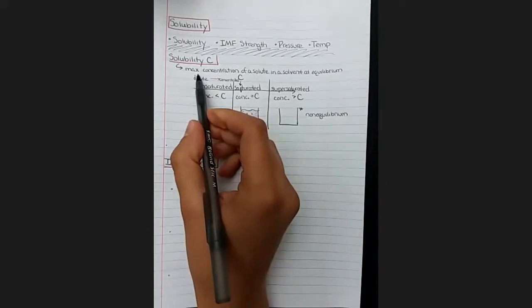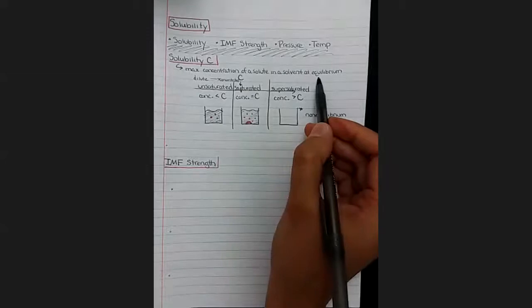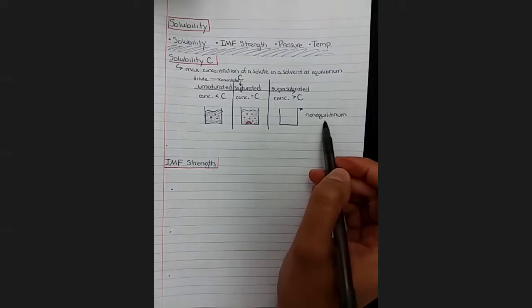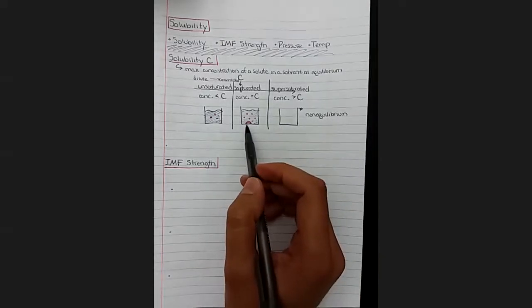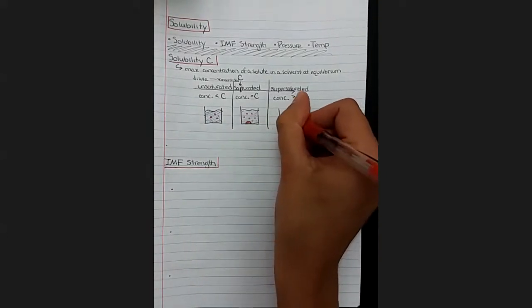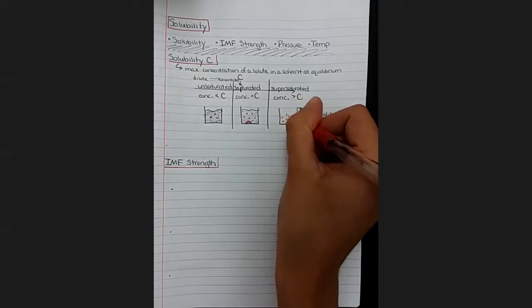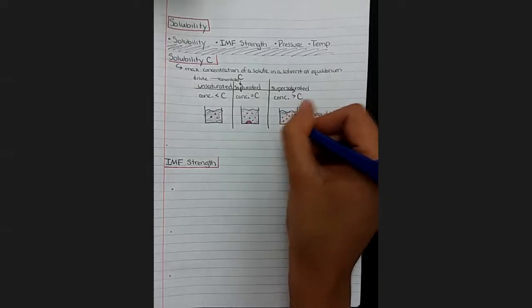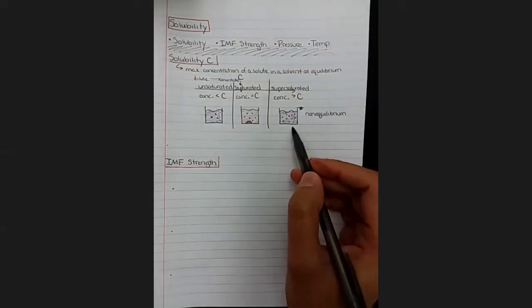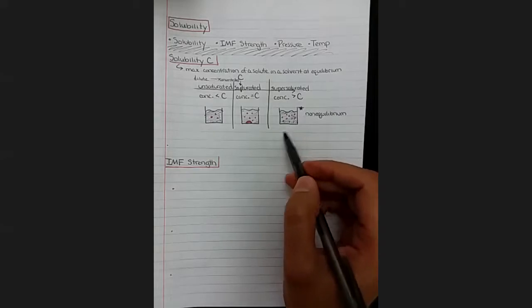So we defined solubility and said this is the maximum concentration at equilibrium. So we can pack in just a little bit more at a non-equilibrium state, but the maximum at equilibrium is still C. It's still that much. So let's say it was non-equilibrium, we were able to pack in a few extra particles, more than would usually be able to fit, like putting 4 people in the back seat. It's a little bit sketchy. It's a little bit unstable. So that's why we put this asterisk, this star up here. It's kind of an unstable situation, and it only takes a small amount of force to push this back